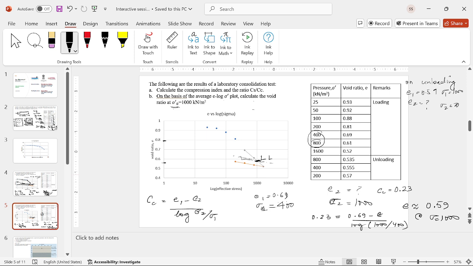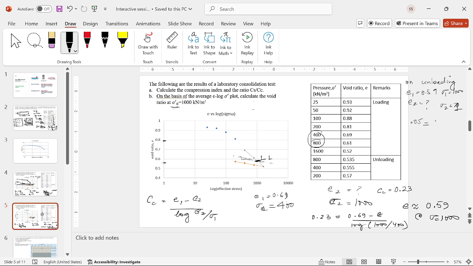Let's call sigma 2 1. Okay, let's calculate at 1, not at 0, because then we'll have an issue with the logarithmic scale. So we have 0.05